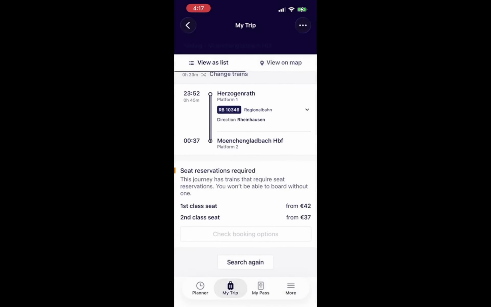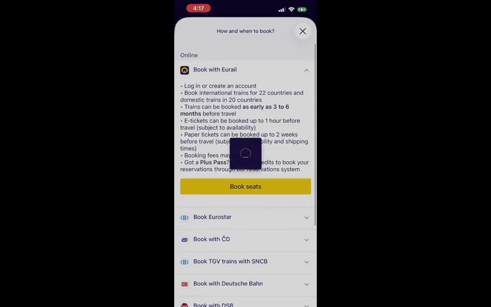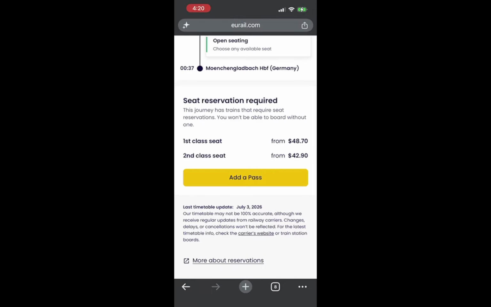After entering the necessary passenger information, complete the payment to confirm your reservation. The app will guide you through the payment process, which is typically straightforward. Once the payment is confirmed, you can feel reassured that your seat is reserved, making your travel plans solid.